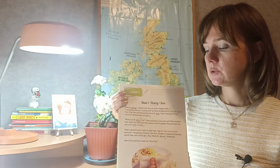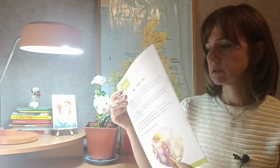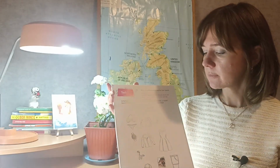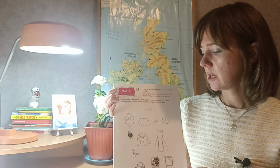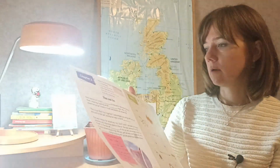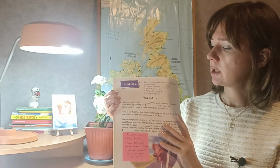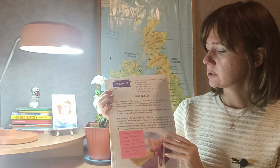So as I've said, you can read the full chapter and discuss it, and then you can offer your child to read it again with this activity. And also after the chapter you have some exciting activities about summer holidays. I usually make one or two activities. So I will show you examples of